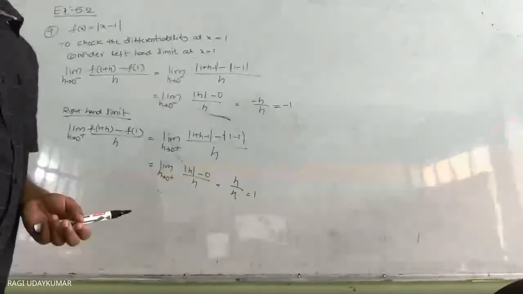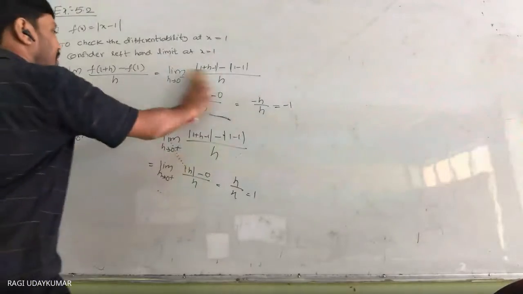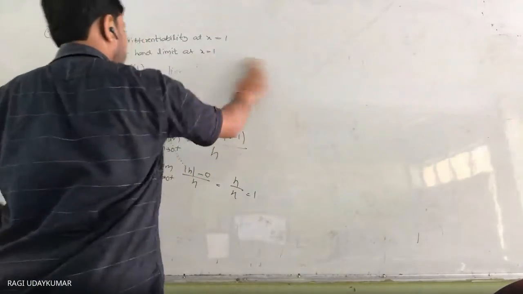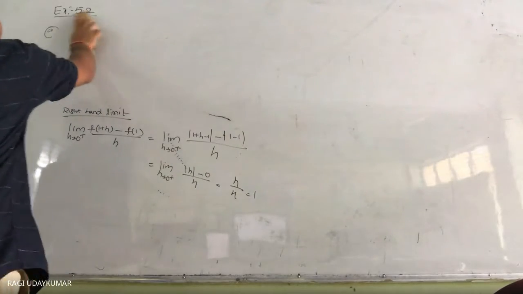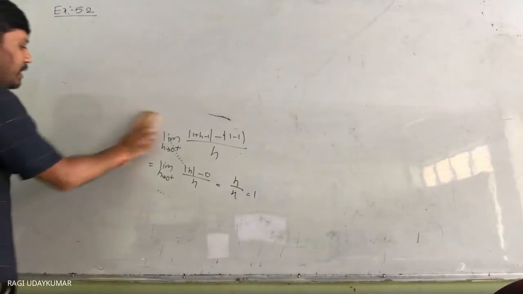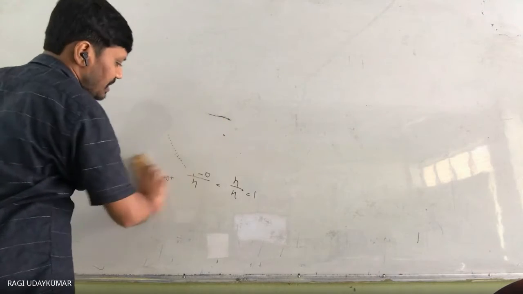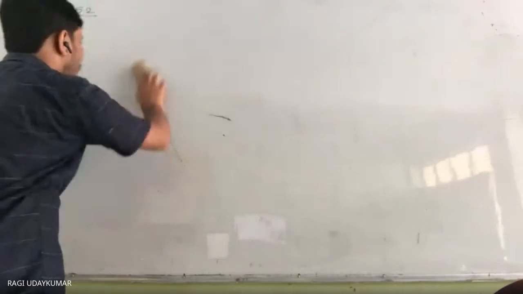Now we need to check the differentiability of the greatest integer function. Next question. It is a very interesting question and you can remember that. Whenever you try to draw the graph of the greatest integer function, you will be able to understand the differentiability when you draw the graph here.